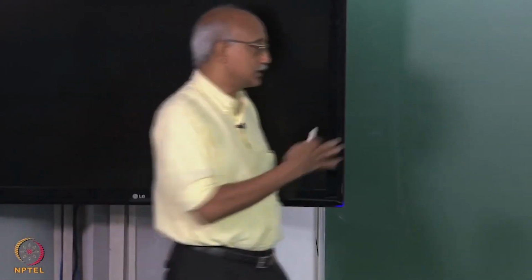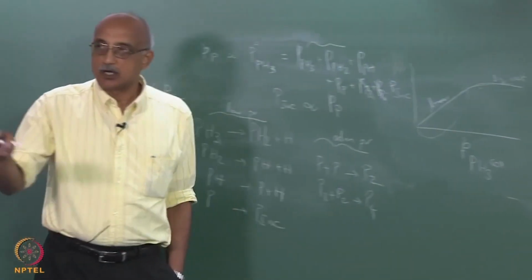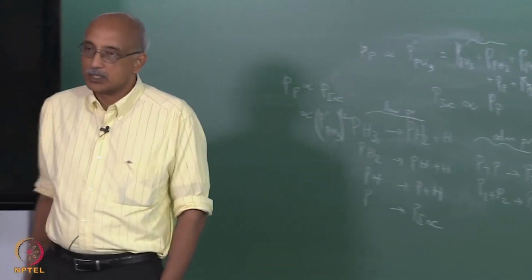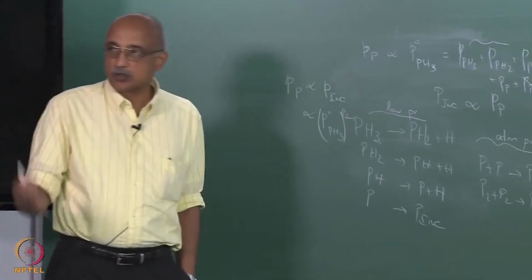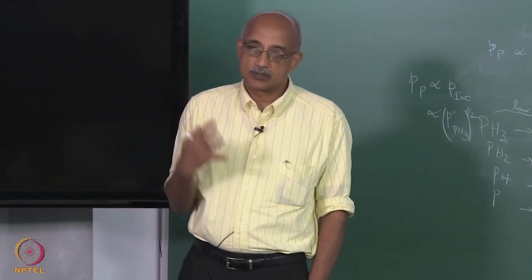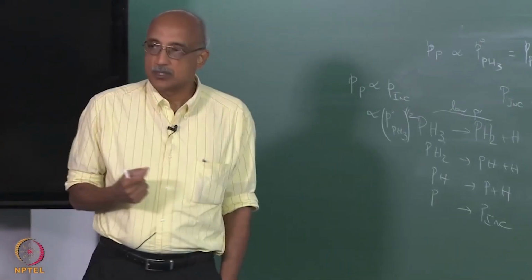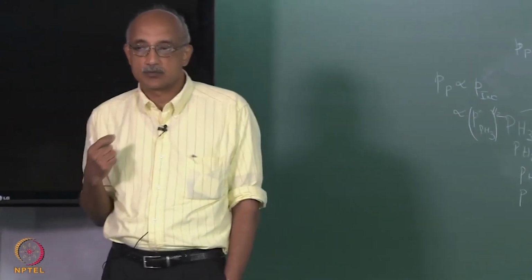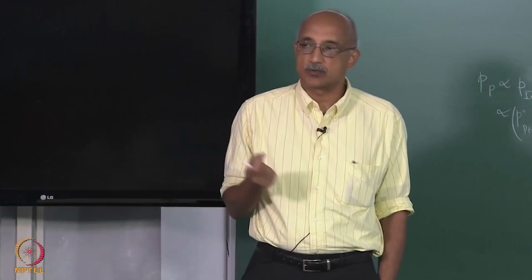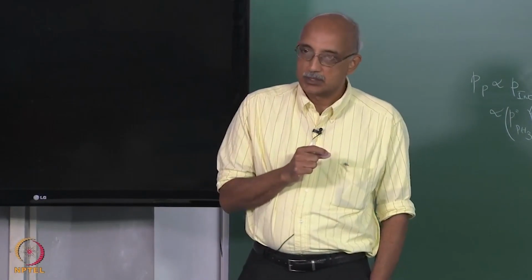And if you keep increasing the pressure further, you will essentially see a leveling off or asymptotic behavior, because the dependence will become 1/4 and so on. So, the higher order phosphorus molecules that you start forming, the less will be the influence of initial feed pressure or fill pressure of phosphine on the amount of phosphorus that gets